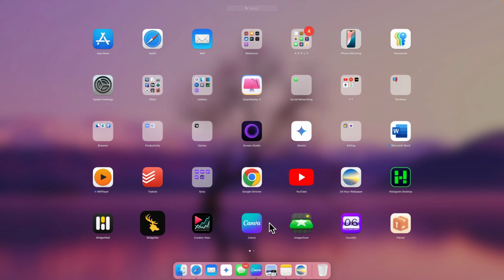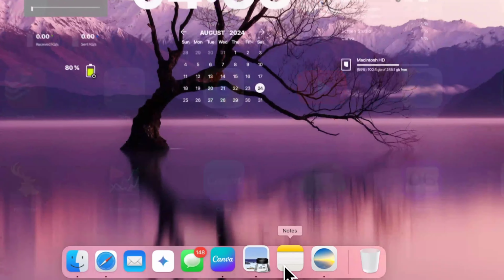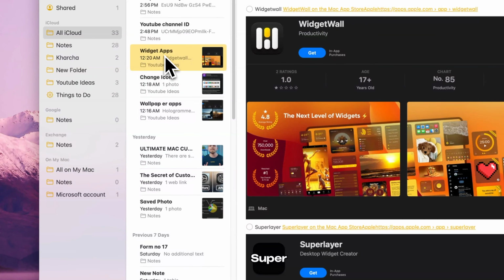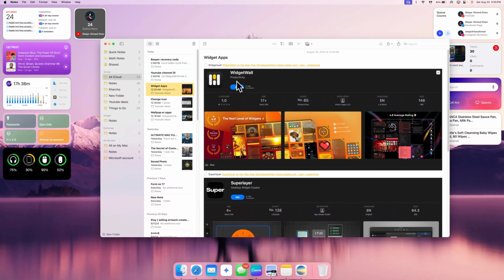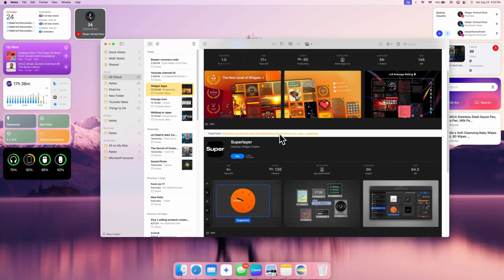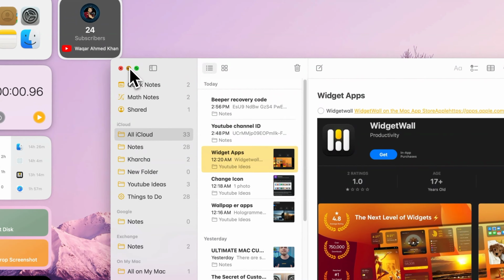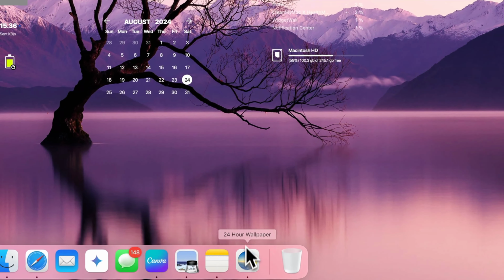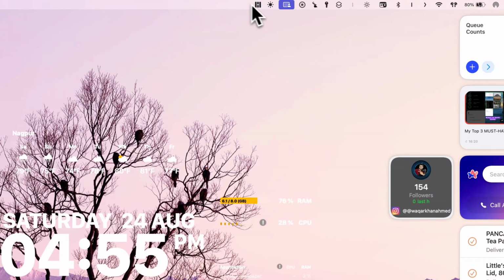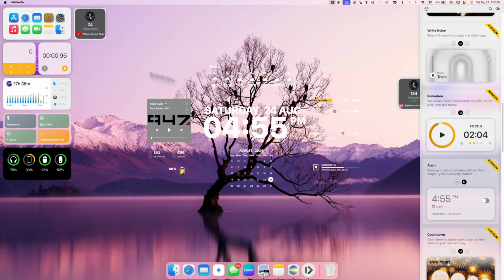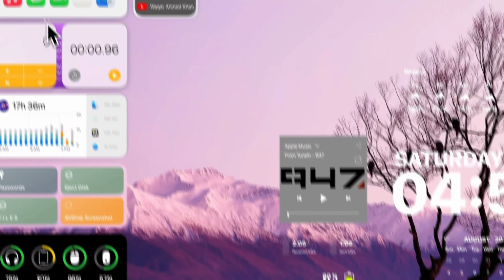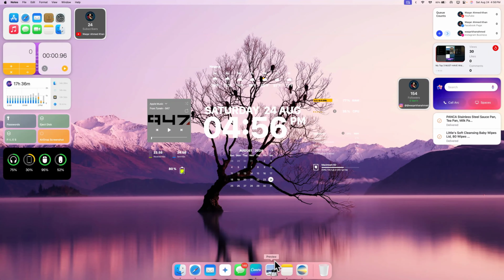And the second app I'm talking about here is the widgets app. In the widgets apps, there is Widget Wall. Widget Wall is one of the most beautifully designed apps here. If I open this from here, you can see it opens up and shows you all the widgets available on the right side. You can put any widget on the right side, like this one. This is designed like this. Every widget is there. You can just drag and copy from here to there. I don't want to use it right now, but